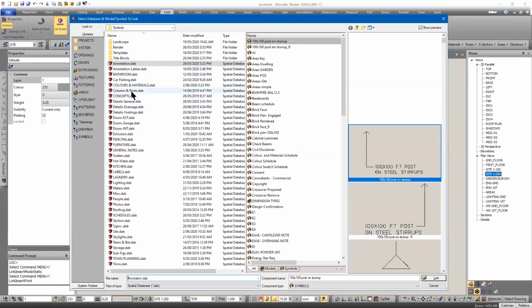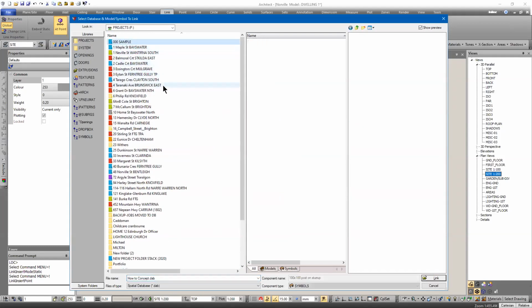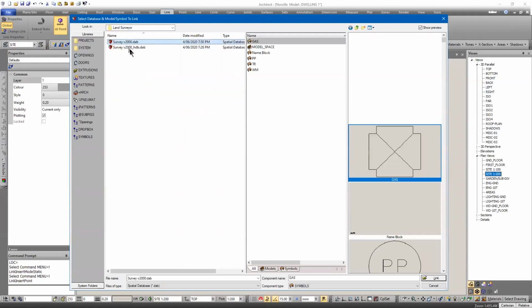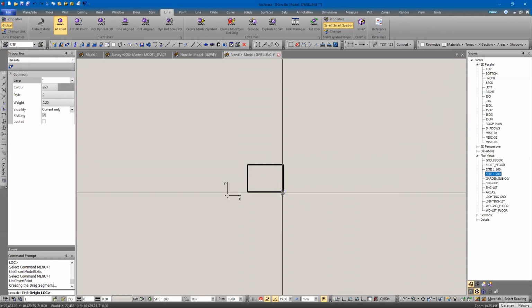In fact, I'll bring in the one from the import rather than the one that I set up by views, just to show you. Layer surveyor, so I can bring in that model view, put it at absolute 0.00,